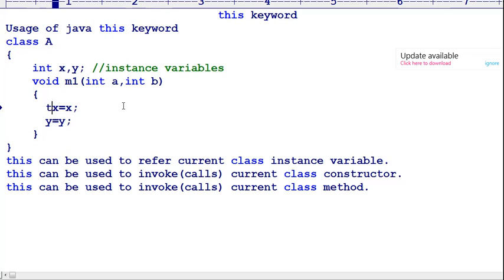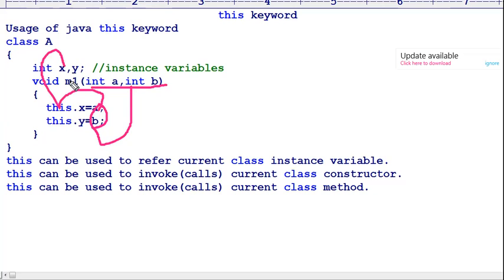The standard assignment is this dot x is equal to a, and this dot y is equal to b. This is a good standard when you are assigning values to the instance members through the formal arguments.